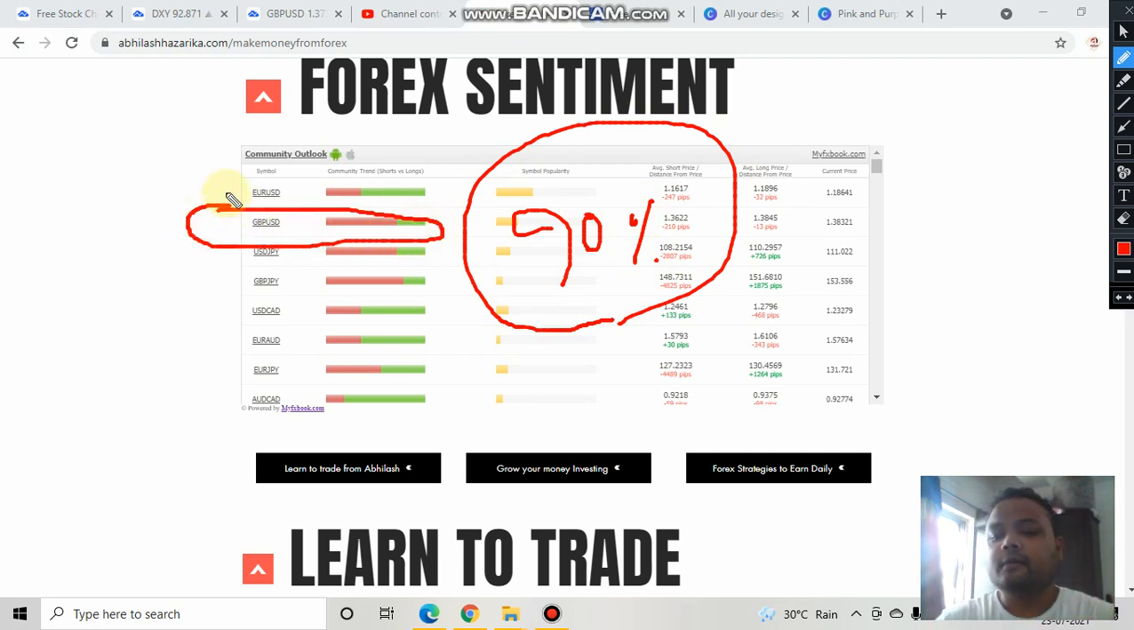Because, it may sound very bad, it may sound very harsh, but yes, 90% of retail traders lose money, and most of the time you'll see that when the market is going up, they have taken short positions, and when the market is going down, they have taken long positions. So